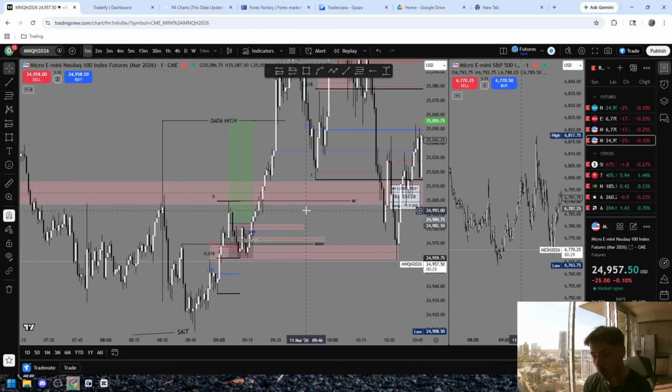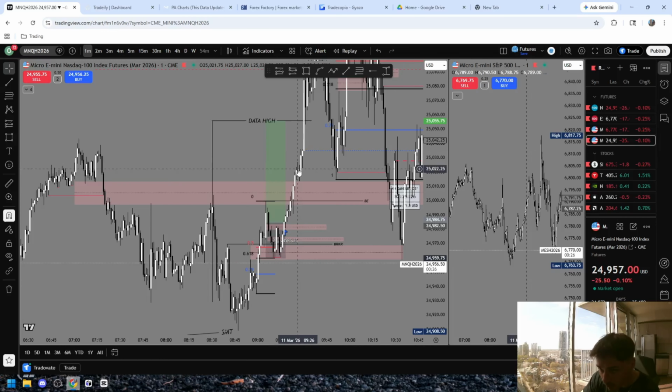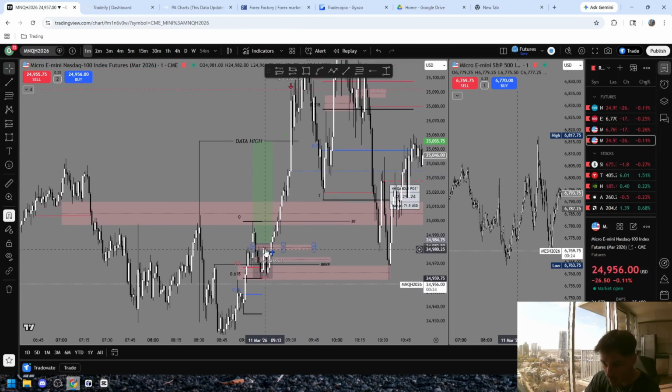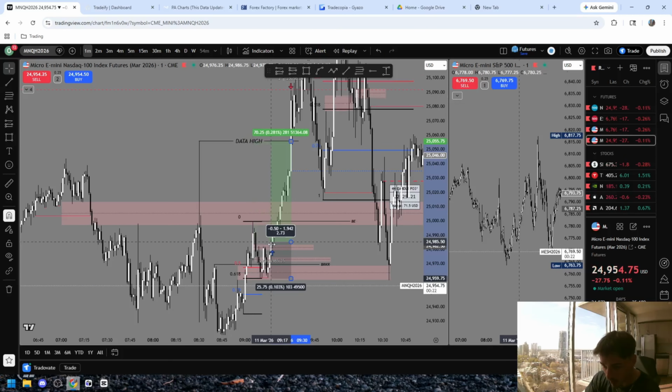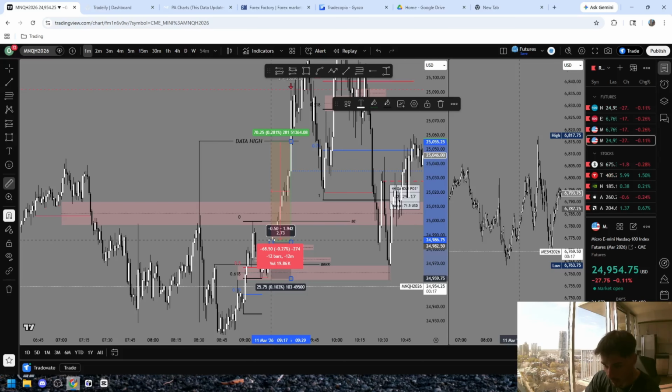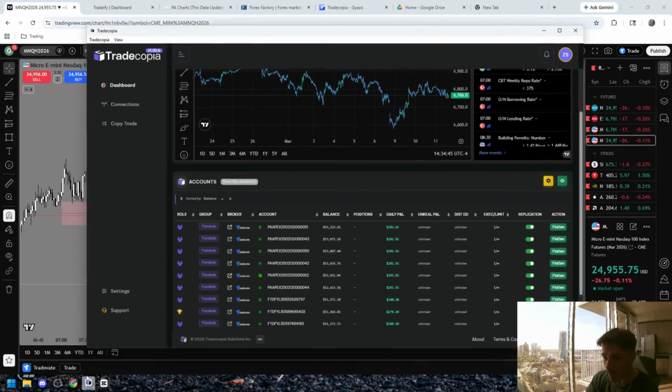It is currently March 11th. We took one trade today. Beautiful pre-market trade to data highs. You guys can see here, fully hit TP, got in right here, and it hit TP in literally a couple candles. In 12 minutes it hit TP and we made a total of